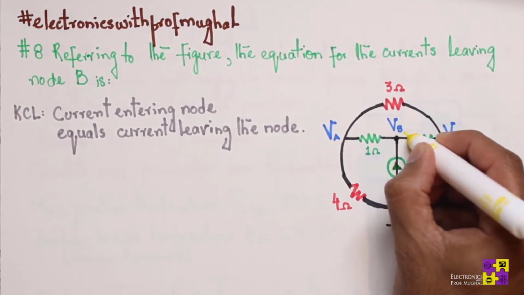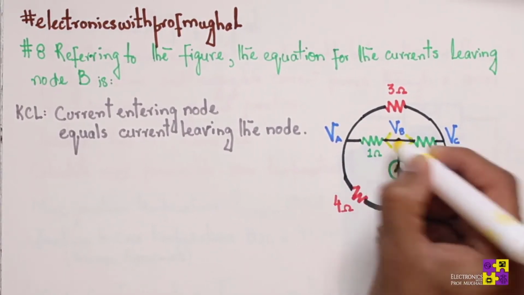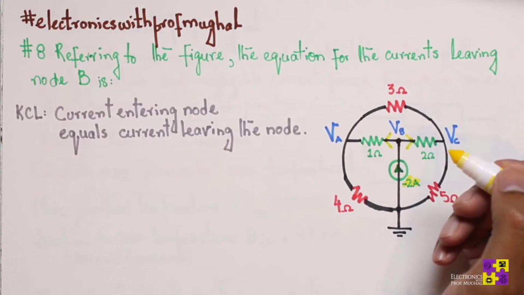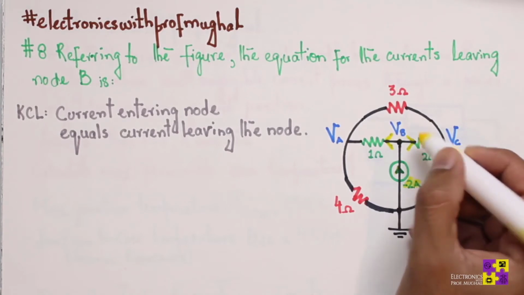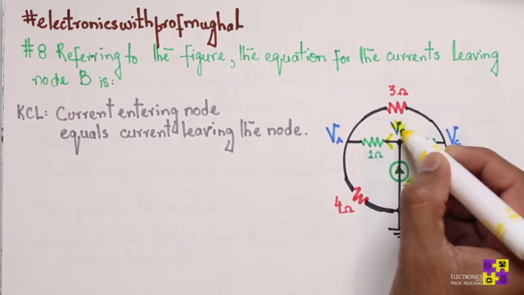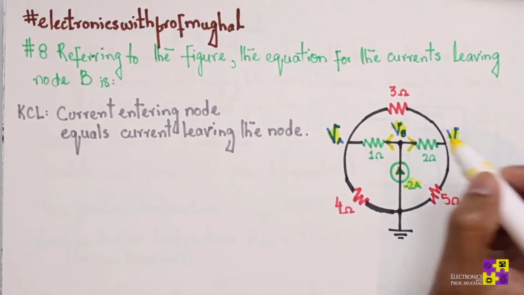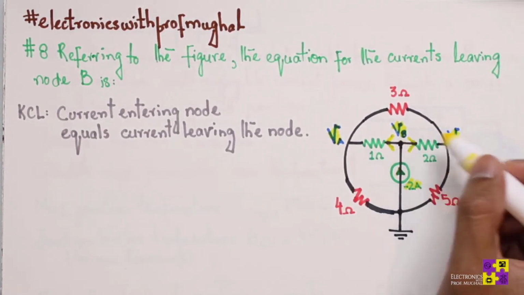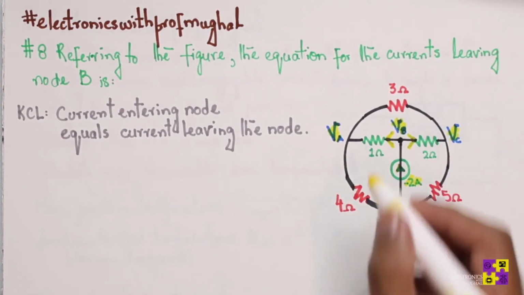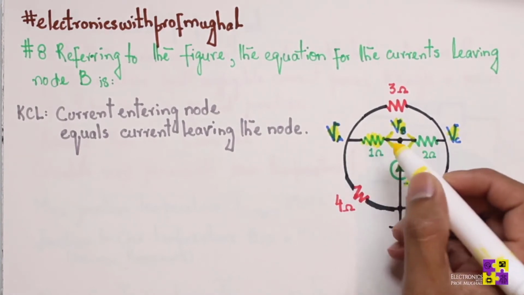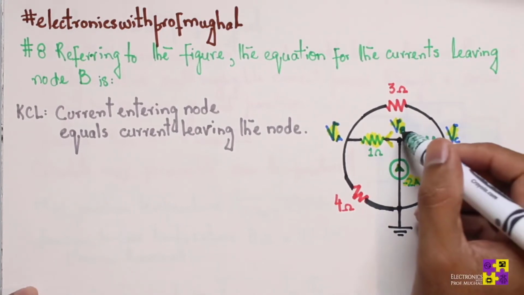We have some current which will go this way. We will have some current which will go this way, correct? Now, current moving in this direction and in this direction tells that the potential at VB is going to be higher compared to those of VA and VC, because current always travels from positive to negative, and therefore VB would have higher potential. So the current flowing in this resistor right here, which is basically current leaving the node VB,